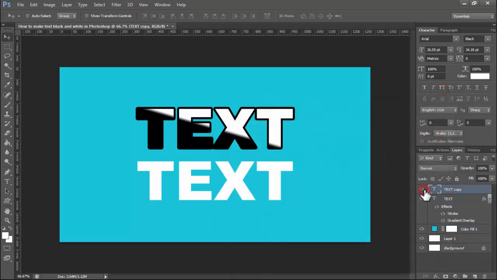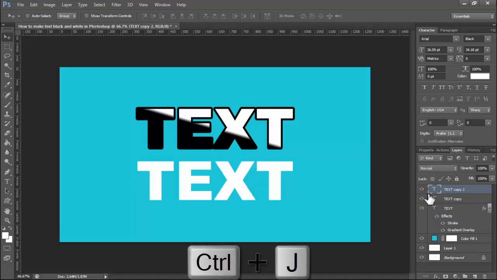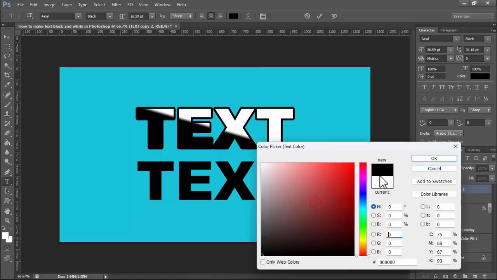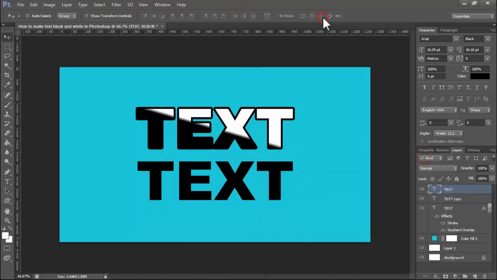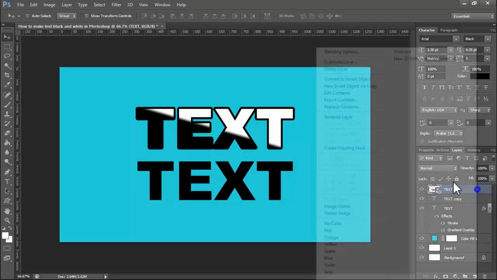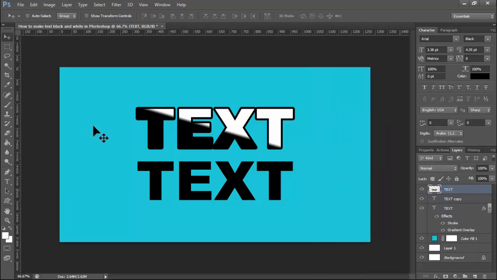And another way to make it black and white. Hold Ctrl J for duplicate layer. Double click the text, use black, and right click on your mouse, convert to smart object, rasterize layer,